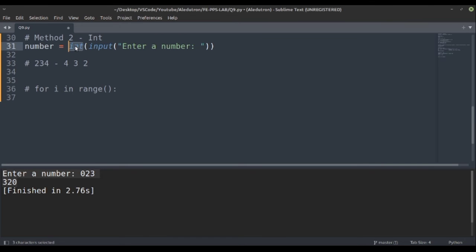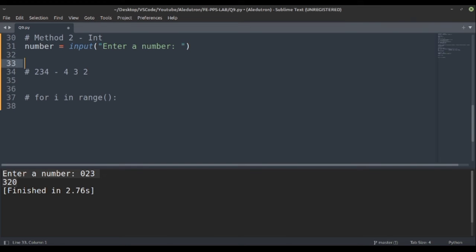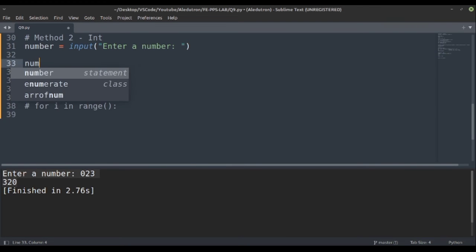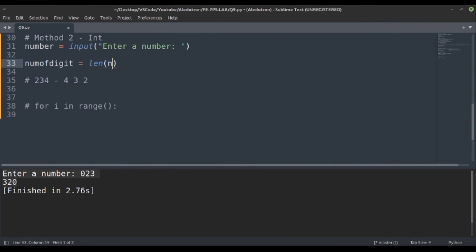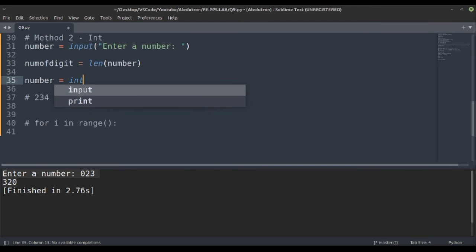So let's implement it. Instead of making it an integer, first of all we will take the number of digit equal to length of number. So we would get the length. Now length of number would give us 3. Yeah, so now basically we will convert the number to int again.